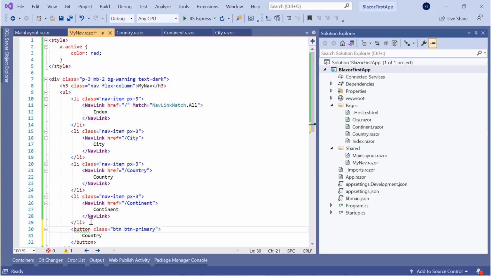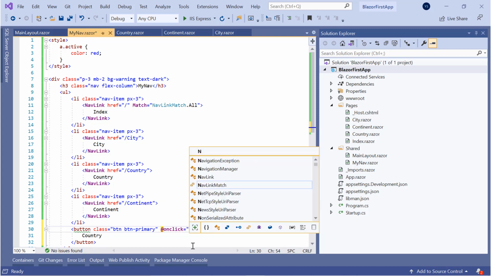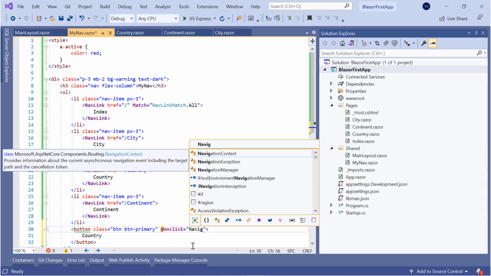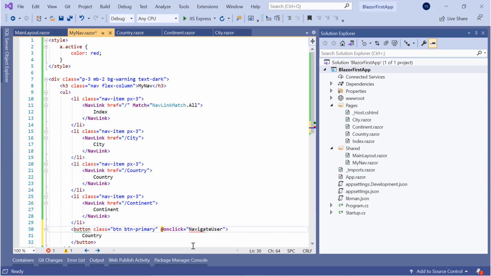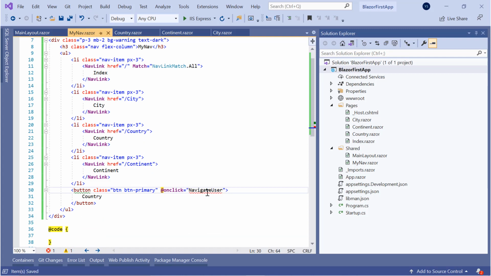And the text of the button is country, and I create an onclick event in Blazor, and I call a C# function here, and this is the NavigateUser C# function.